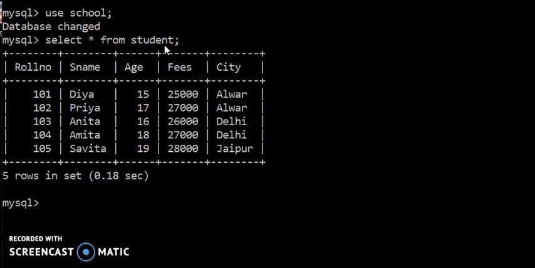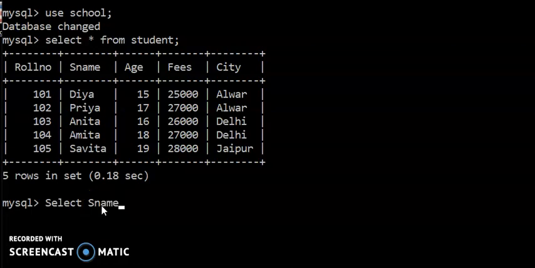Now if you want to access only specific columns, you don't want to access all the columns of the table, you want to access only 1 or 2 or 3 columns, then in place of the asterisk symbol you have to write the column names that you want to access.